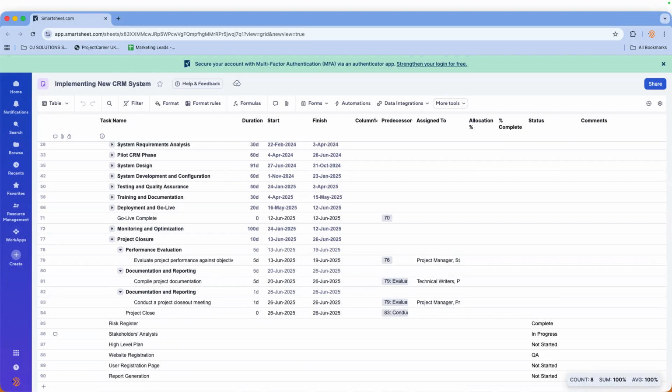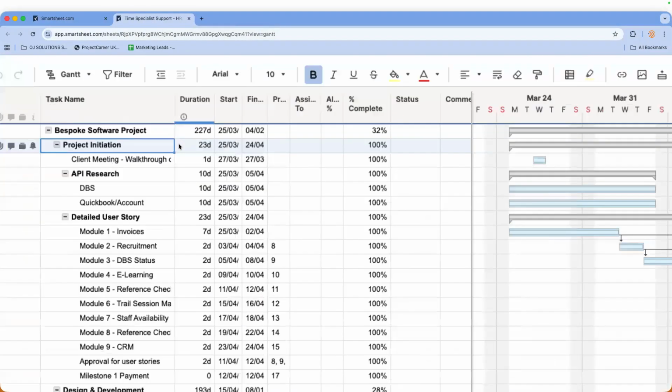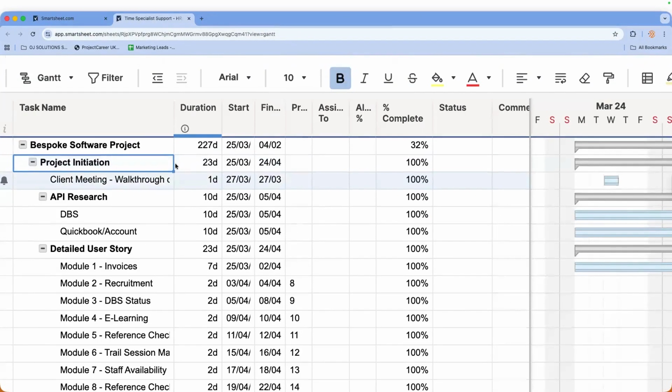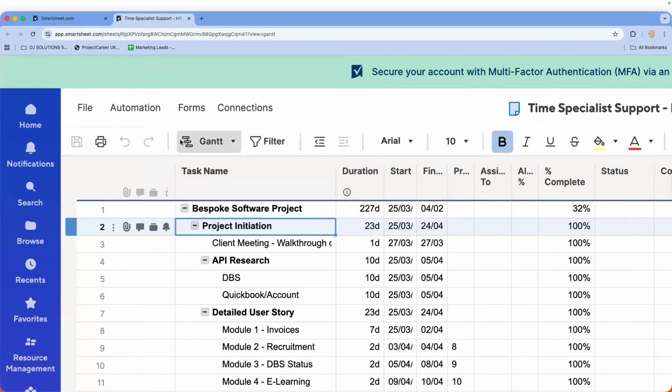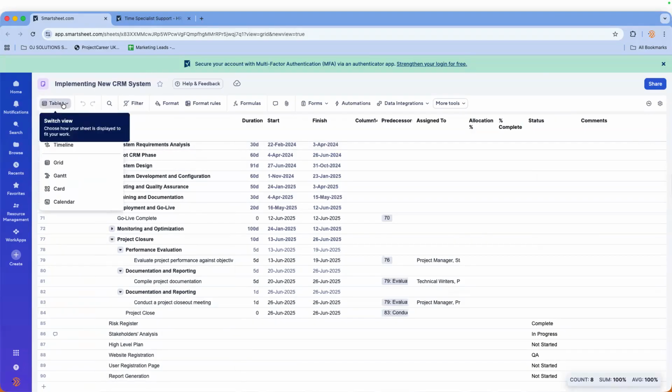Let me pull up another one for you. If I can find it, and it's here. Let's just pop it there. Okay, I can zoom in on this one. I'm not sure why I couldn't on the other. So actually, let me take a step back to the other one. With this one, the view that you have is table view. I can change this view and I can change it to Gantt.